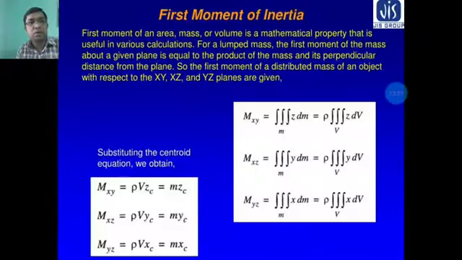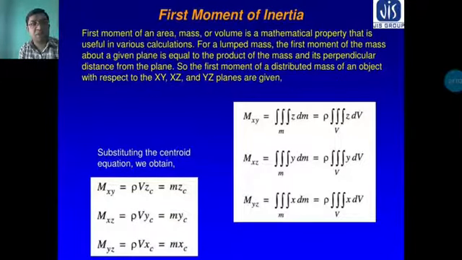The first moment of inertia is calculated here. The first moment of area, mass or volume is a mathematical property that is useful in various calculations. For a mass, the first moment of the mass about a given plane is equal to the product of the mass and its perpendicular distance from the plane. So the first moment of distributed mass of an object